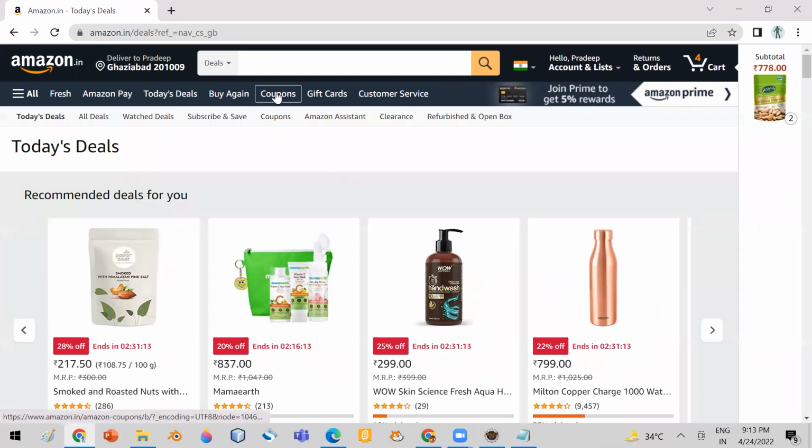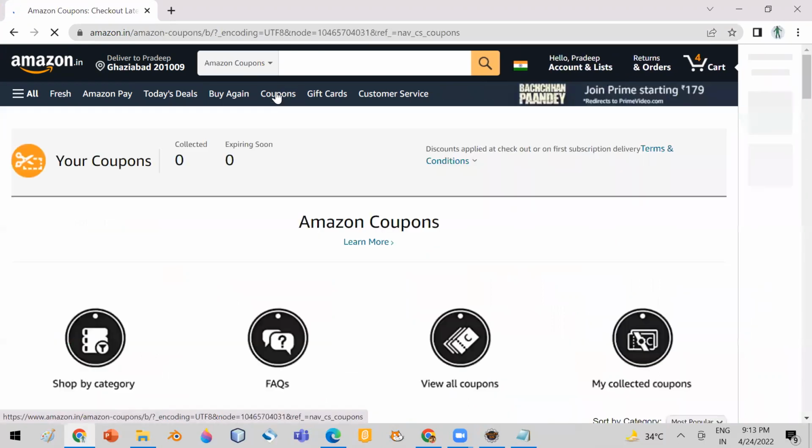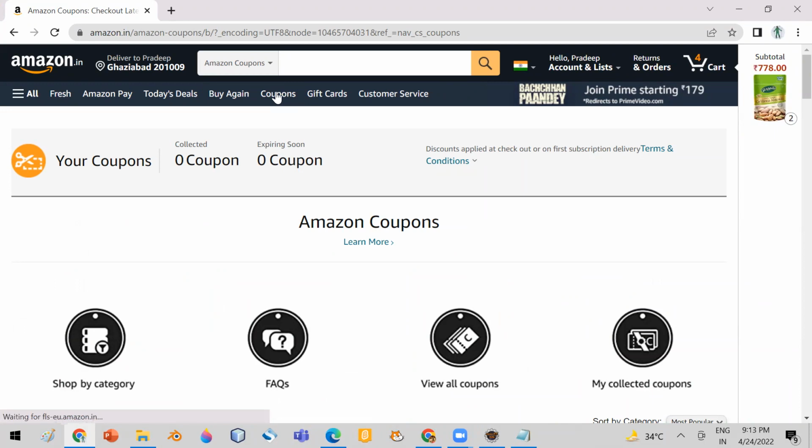When I click on Coupon, just see, the URL is changed. So what I want to tell you is that your whole application is actually divided into different pages. When you perform any action, you will see it is changing the pages. So the page you see in front of you is called a web page. Getting my point? Yes. So page object model says that for every web page,